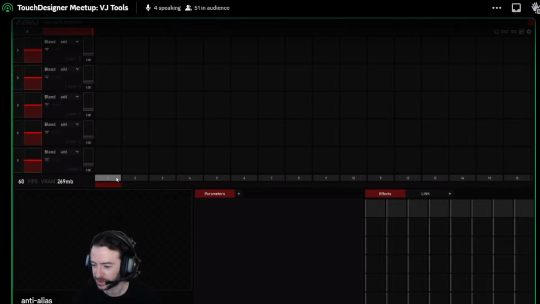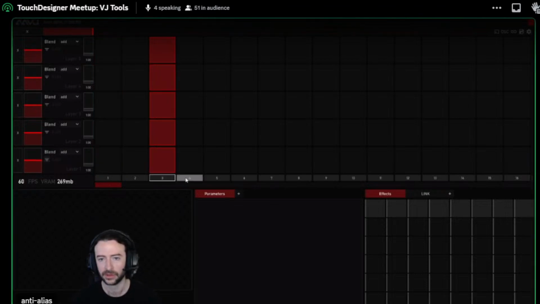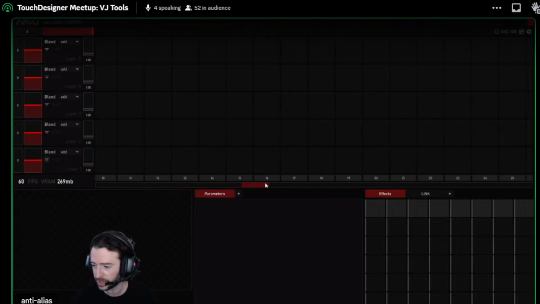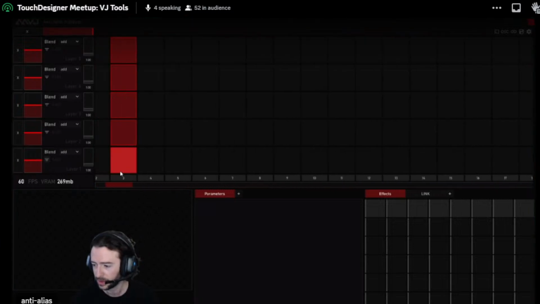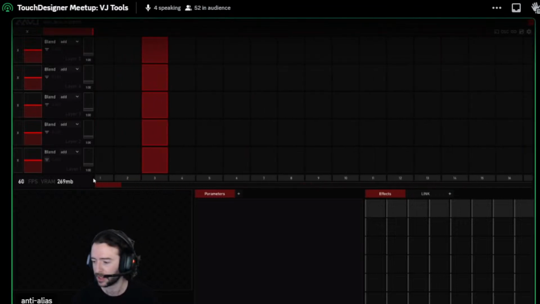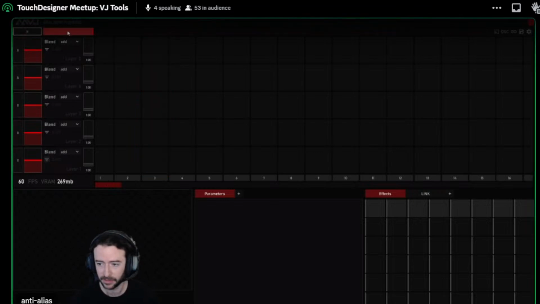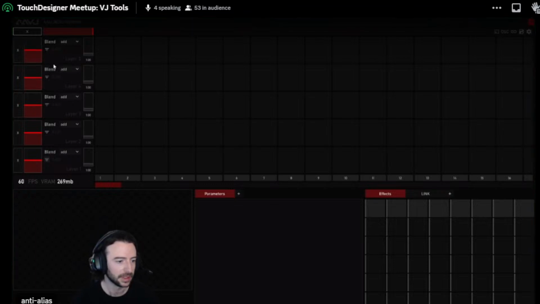You've also got some column launching capability in case you wanted to create scenes that have multiple layers and be able to launch them all at once. And then you can navigate your project here with the scroll bar to have many different cells of content mapped out in your project. At the top left here, we have our master level fader that will control the level of your master output of your project, as well as a master clear button that will kind of clear everything